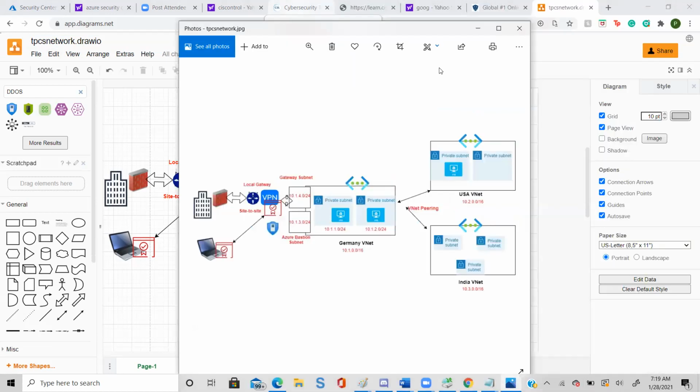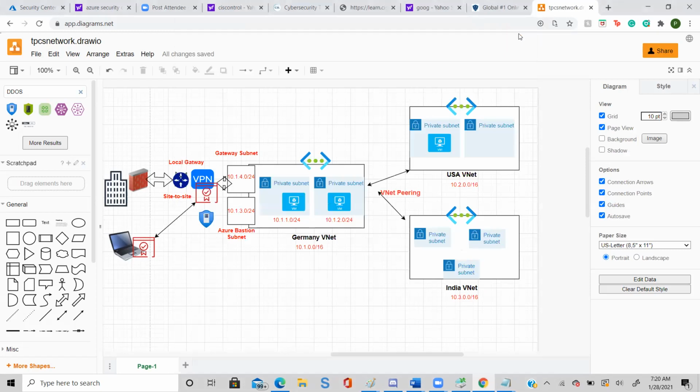Now you have to send this diagram to me, maybe on WhatsApp. Should I copy and send it, or take a picture of it? No, I think you can open WhatsApp at web.whatsapp.com.